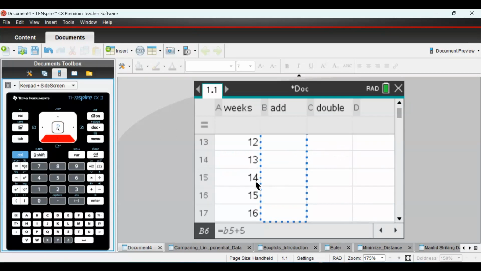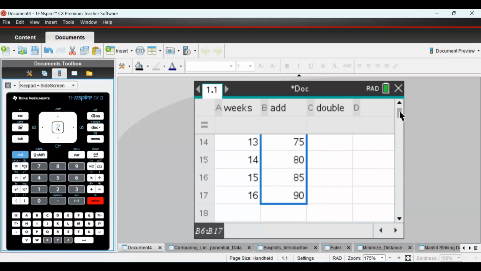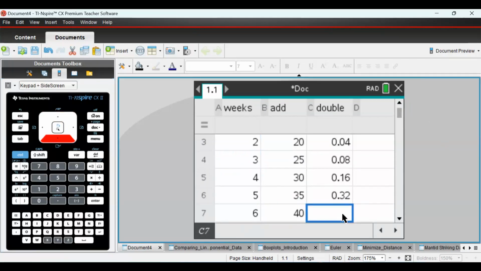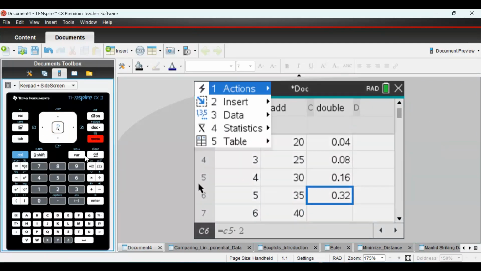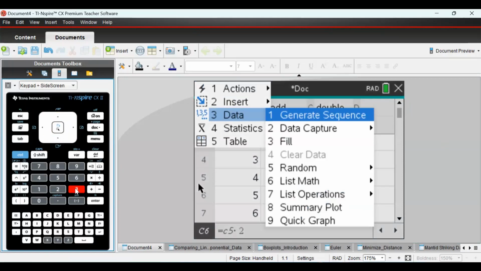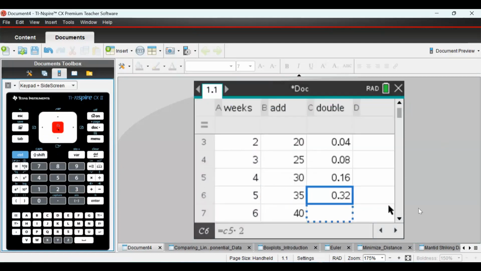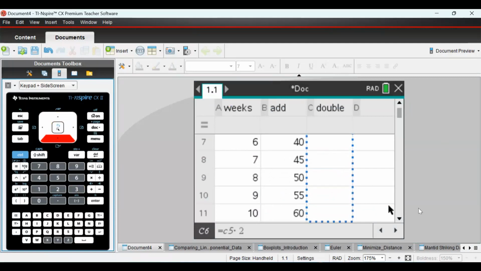So again, this data was all provided in the TI-Nspire document. If you choose not to have the students enter it, just to use the document, that would be fine. But we wanted to make sure you had the opportunity to see this wonderful opportunity to fill. When we've got arithmetic or geometric sequences, clearly it works very well. So we have our data now, and we're going,